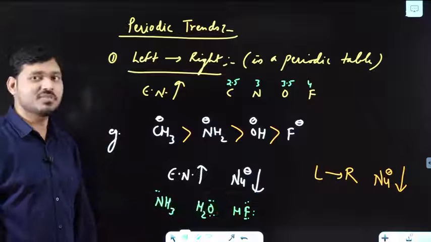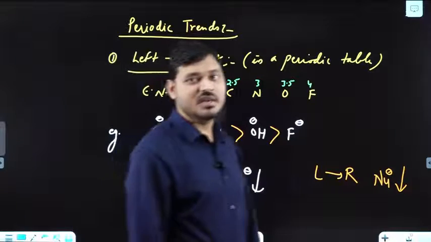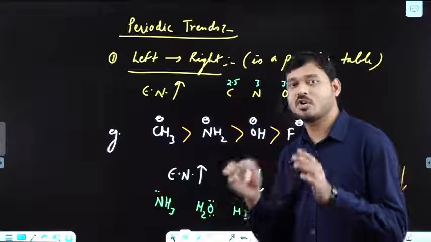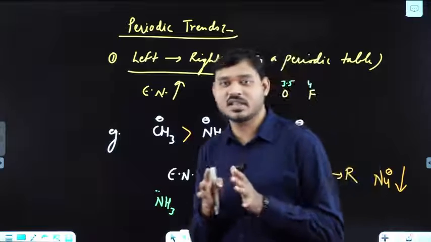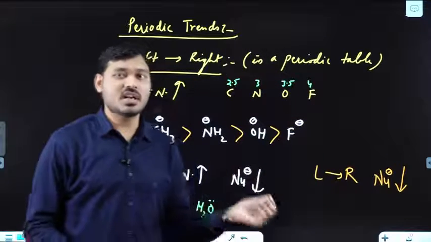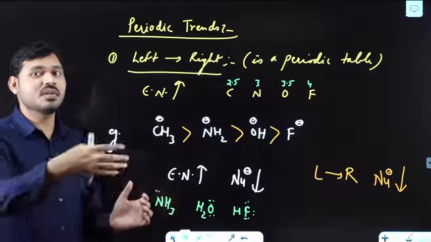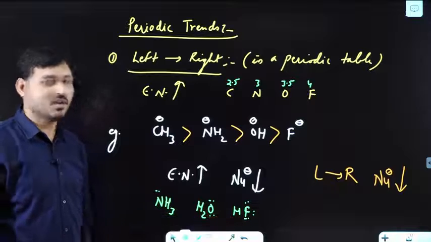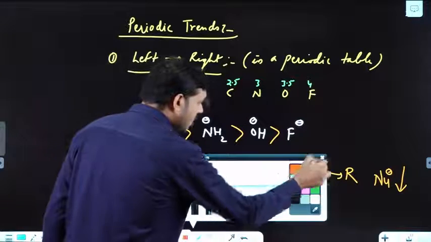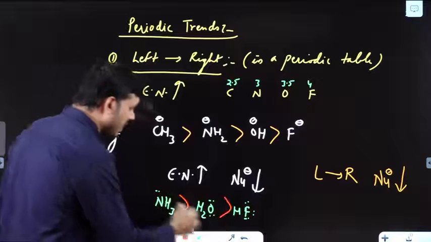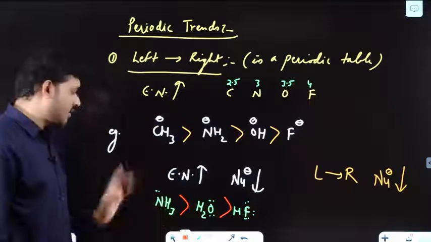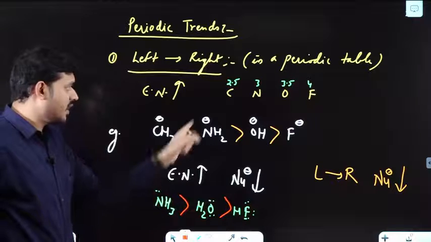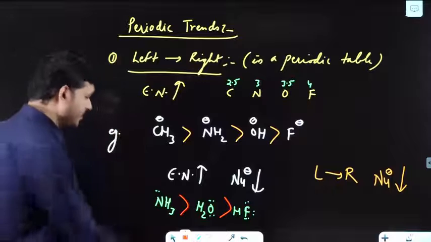Now sometimes what comes to the mind of a student is, sir, this is having 1 lone pair, this is having 2 lone pair, this is having 3 lone pair. So it's not about quantity, it's about quality. Understand this thing. It's not about having 3 lone pairs, but it is not capable of giving 3 lone pairs, or it does not want to give them because this is the most electronegative element. So always remember, it's not about quantity, it's about quality. So NH3 will be more nucleophilic here, or more basic here. You can see nitrogen, oxygen, fluorine. Okay, I think it is clear to you all.